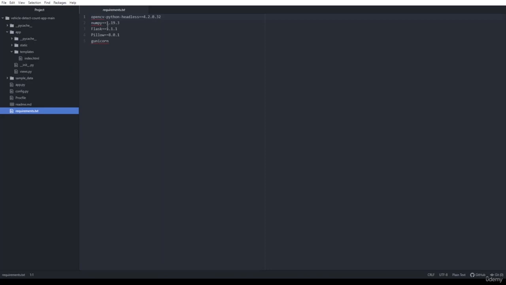For creating this, you just need to run a simple command, that is pipreqs. Let me show you how you can do that. First, you need to copy the path of this folder where this whole project is saved, and open the Anaconda command prompt.